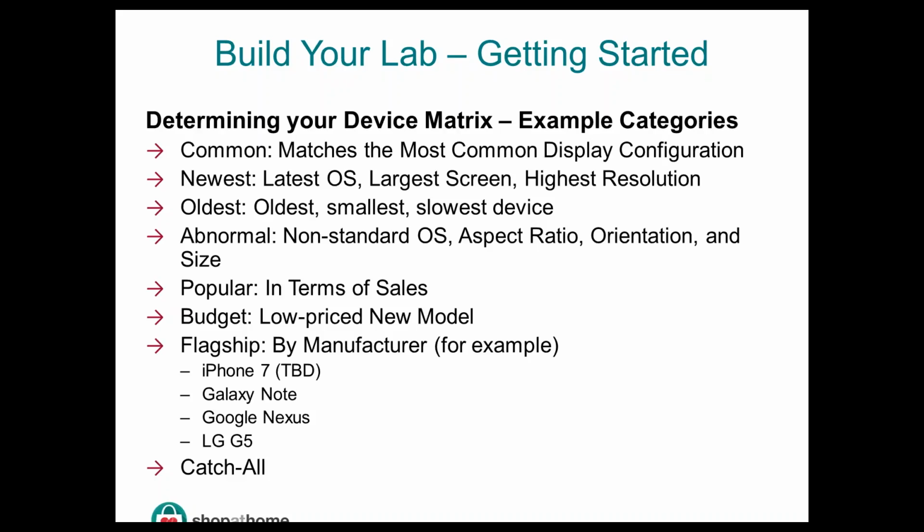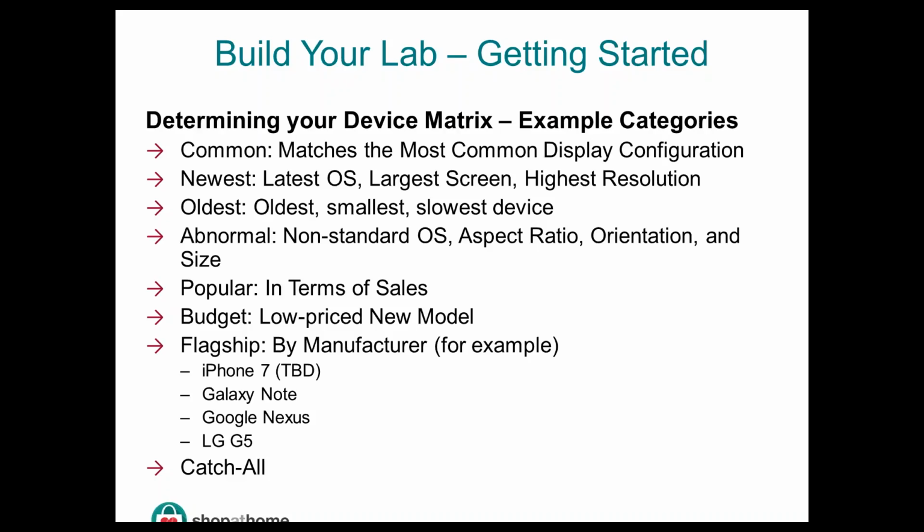We get on either the pre-order, or we stand in line, or we somehow order that device, and that just gets added to the lab. And then next thing you know, the next time another device comes out, our lab starts getting infinitely larger with no real deprecation or no real thoughtful way in which to determine the number of devices and whether or not there's any redundancy in there. So we came up with a device matrix technique,